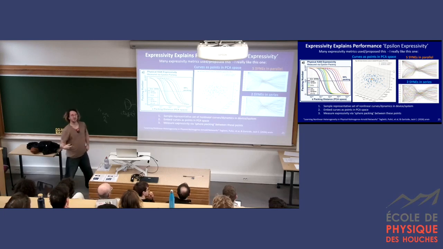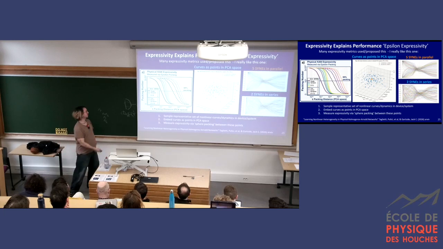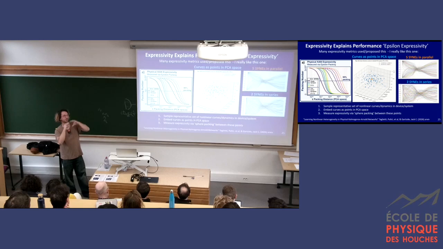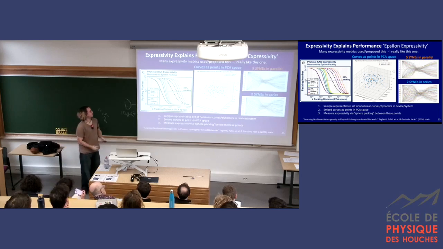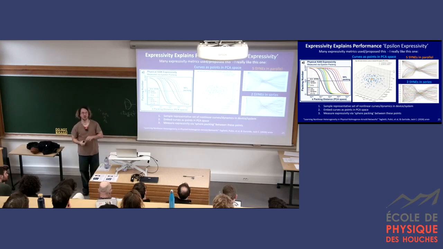What we've done here is we've used an idea of sphere packing that was actually developed by Kolmogorov, and we have taken a PCA space, we've sampled kind of a representative set of nonlinear curves from a device or a synapse or a few synapses, and then we've embedded those curves as points in a PCA space. So here's kind of the three of our biggest vectors. Each axis here is a shape. So one axis might look a bit like a ReLU, one might look a bit like a sine wave or whatever. They're just some shapes. If you just had a ReLU, it would be a point exactly on that ReLU axis. If it's something more complex, it lives around there.